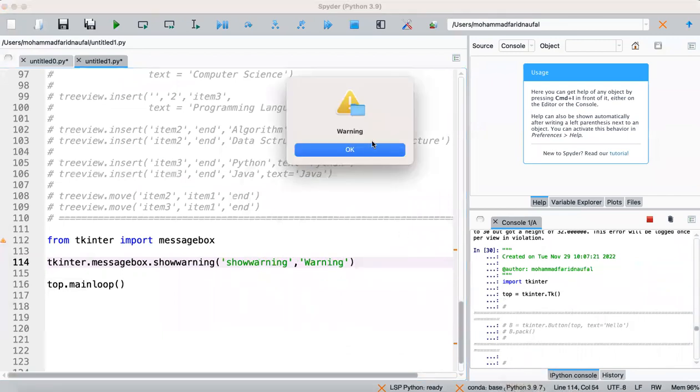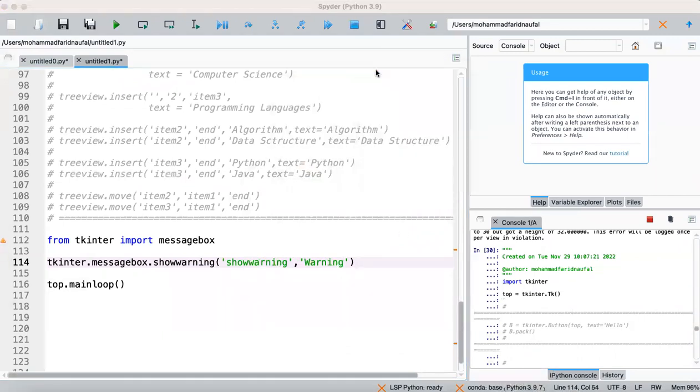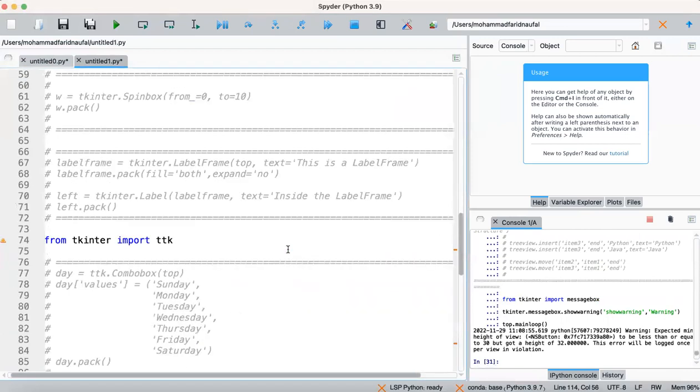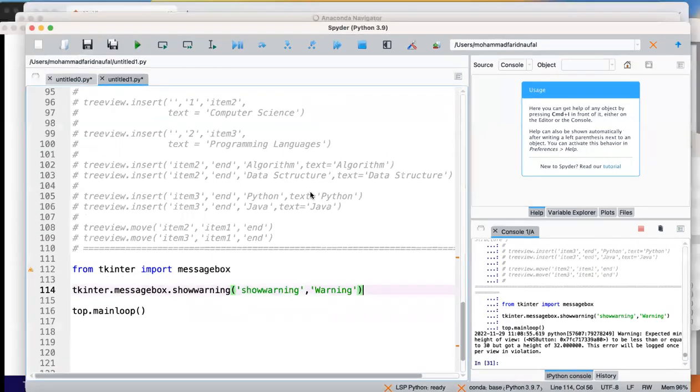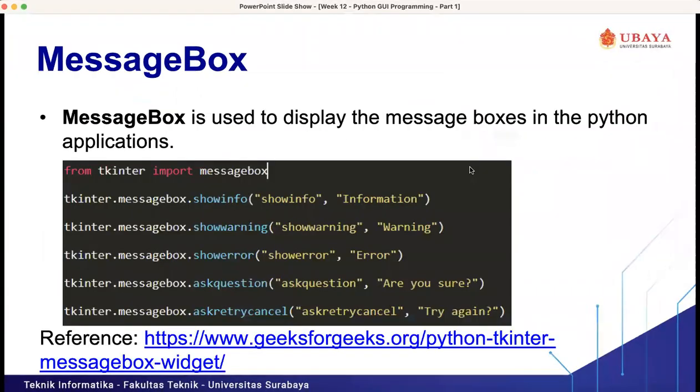Okay, this one is warning. You can just try it in your code, Kathleen. So we have different kinds of message box: show info, show warning, show error, ask question, ask retry cancel.